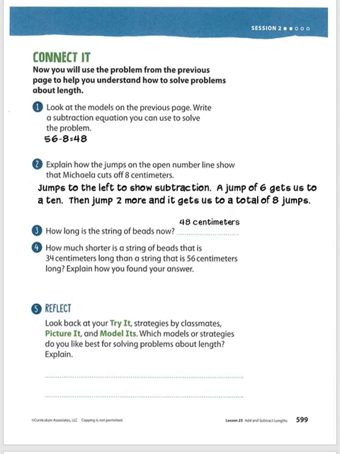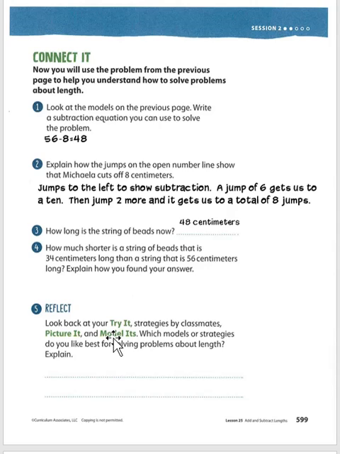We went to the left. We jumped 6. Boom! Then we have 2 left. We jumped 6. We jumped 2. Total of 8. Once we jumped 6, we got to 50. Once we jumped 2 more, we got to 48. Awesome. Number 4. How much shorter is a string of beads that is 34 centimeters long than a string that